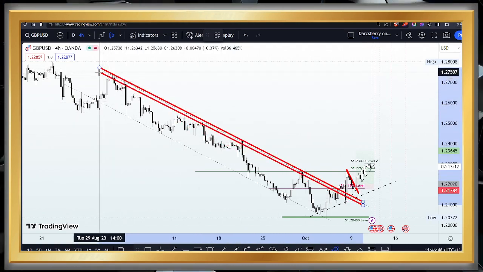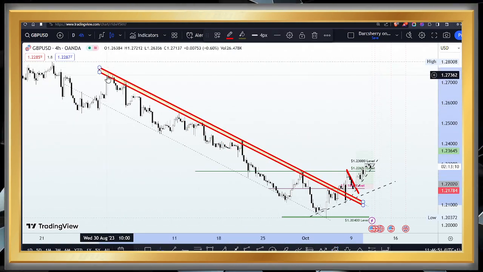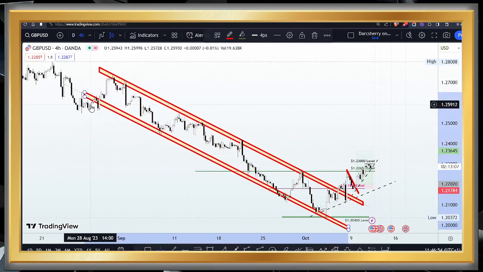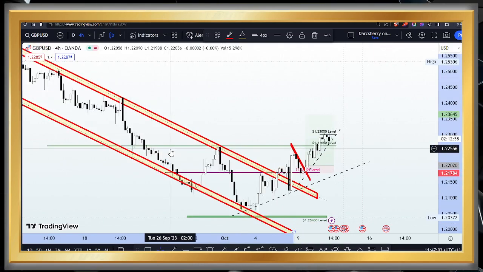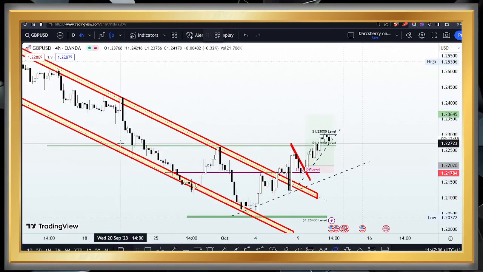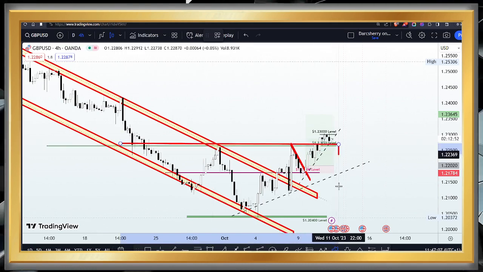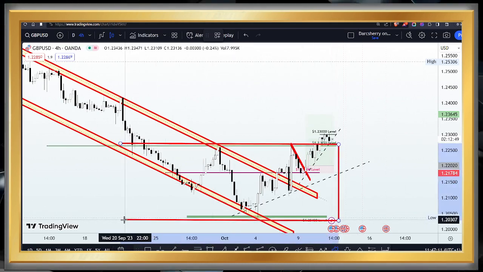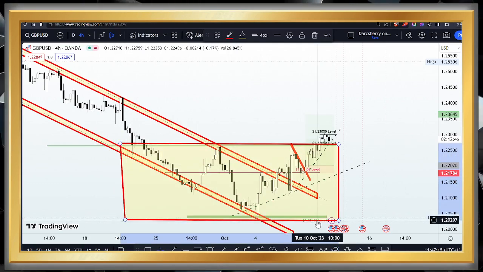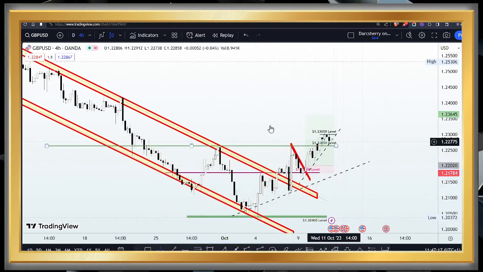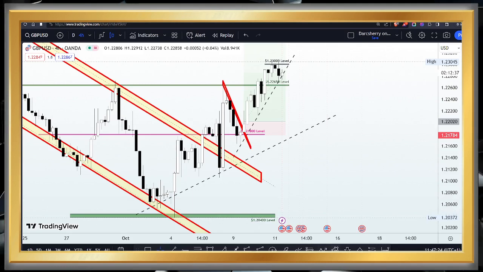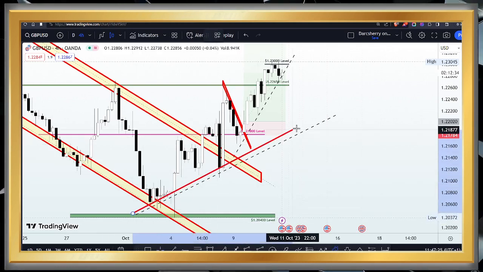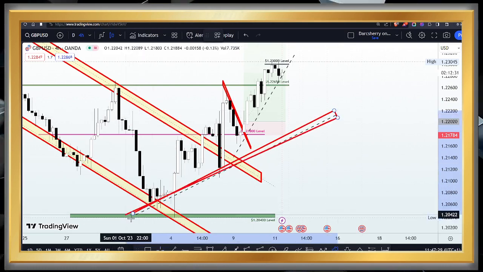So we connected a series of lower highs, giving us the resistance line of the descending channel, and we also connected a series of lower lows, giving us the support line of this channel. Now, fast forward into the last week of the month of September, we saw that as soon as price broke down the 1.22650, price fell into a range between that level and the 1.22040 area. And within this range, we begin to notice that buyers were gradually gaining momentum, which resulted in this higher low we saw here, giving us this ascending trend line.